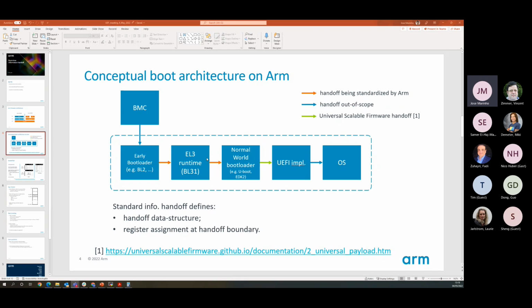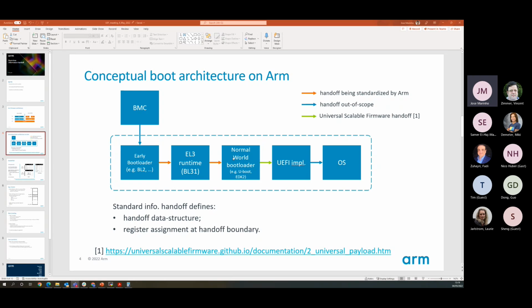Can everyone see my mouse cursor? Yes, it's on top of EL3 now. Yeah, BL2. So the platform configuration is mostly done in the early bootloader and the EL3 runtime components. Once you hand off to the normal world bootloader, the platform's already configured. Of course, the normal world bootloader might have some device drivers, for example, to access some flash device